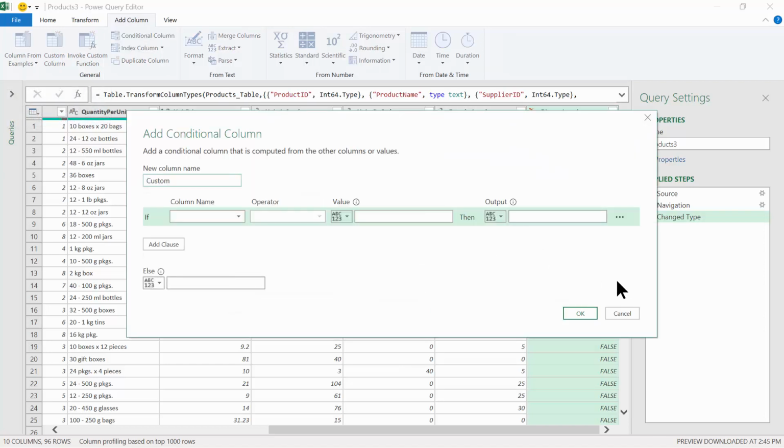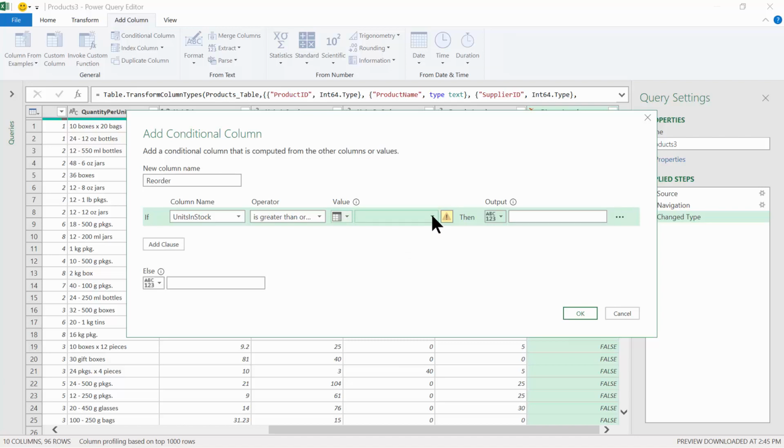And then you get this kind of screen. It's a new way to make an if statement, all right? So let's call this new column Reorder. And I want to determine if a product needs to be reordered or not. So come over here where it says column name, click on the pull down. I'm going to say if the units in stock, instead of equals, choose is greater than or equal to, and pick on this ABC 123, because you can compare it to a value or you can compare it to a column. So let's say select a column